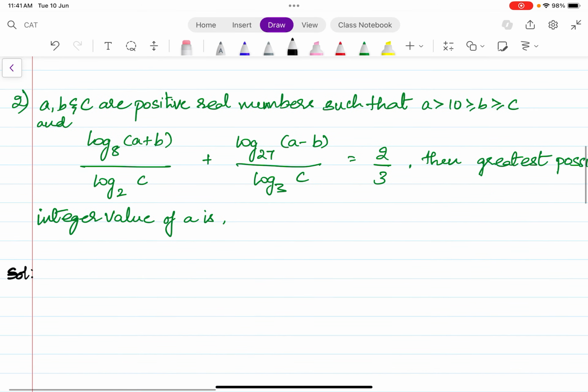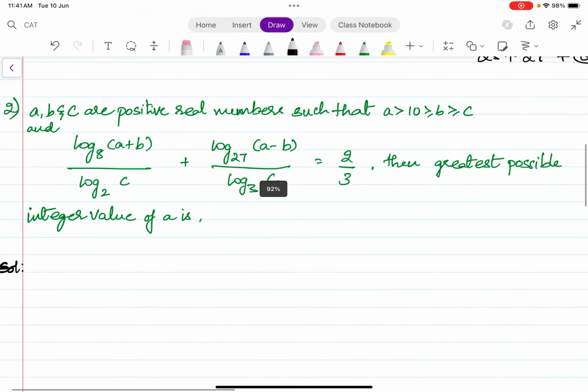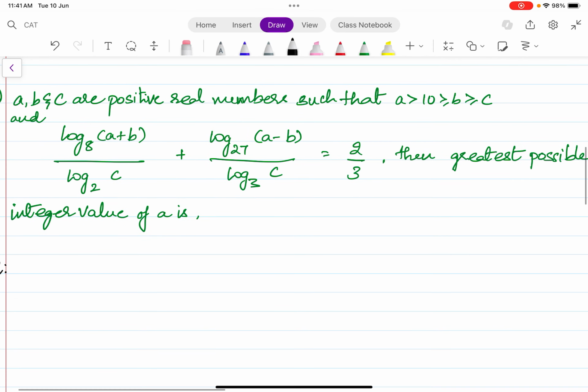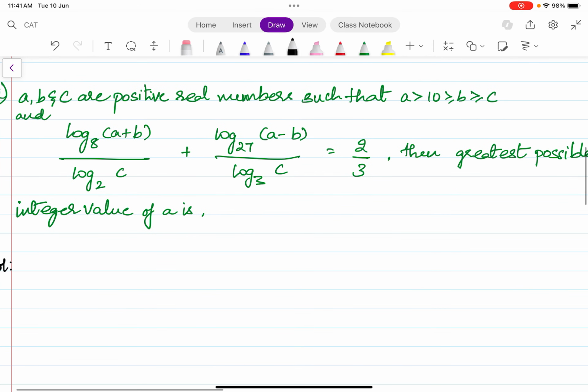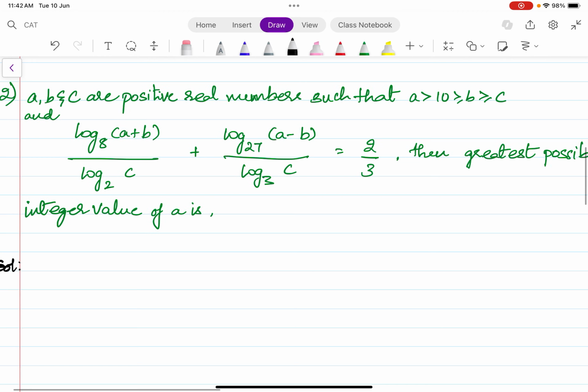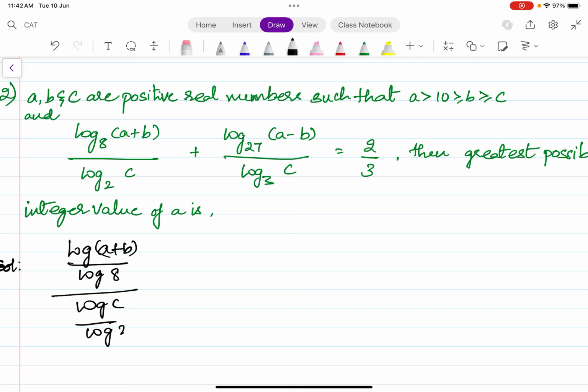So yeah, we're back to a logarithms question here. Now this should be relatively easy for you guys. Please go ahead and solve it as soon as possible. Okay, so what is the separation rule that I told you? If you guys remember, it is logarithm of a plus b divided by logarithm of 8, whole divided by logarithm of c divided by logarithm of 2, plus log a minus b by log 27, whole divided by log c